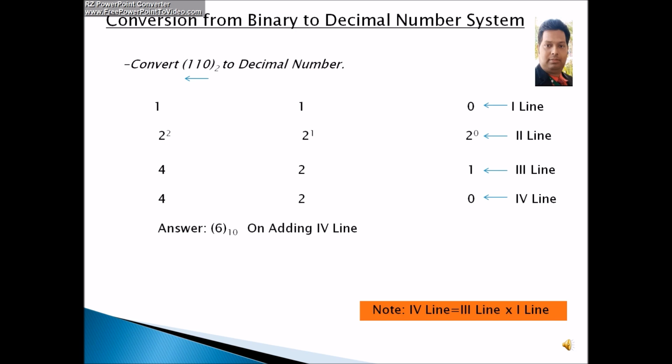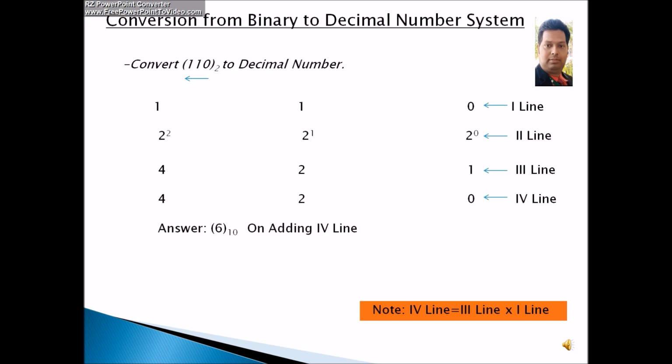Now you see the fourth line here. For the fourth line you have to put in a little more effort. The fourth line is the equivalent of multiplication of the third line and the first line. The third line and first line are getting multiplied and making the fourth line. You can see from the right side, 0 into 1 bringing 0. Now in the middle, 1 into 2 bringing 2. Now on the leftmost side, the top one is getting multiplied into 4 and bringing 4.